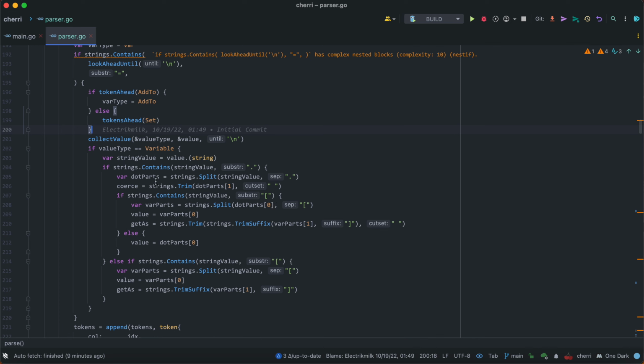So we collect value all the same. So then we go to collect value and we tell it to collect value until a new line, or until a line feed. And so we just pass it references to the value type and the value to be efficient. And then if the value type is variable,